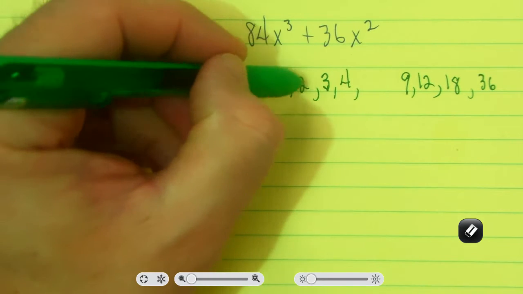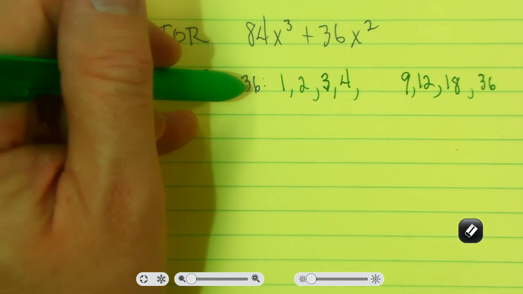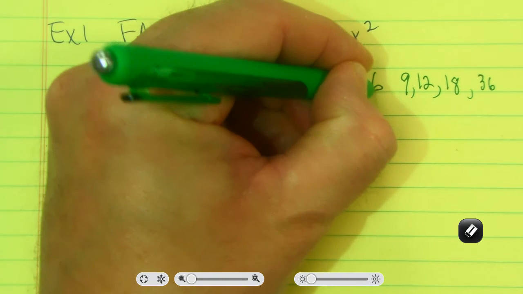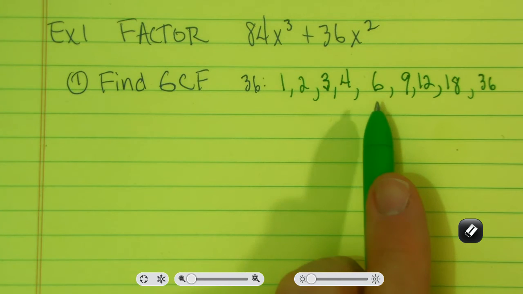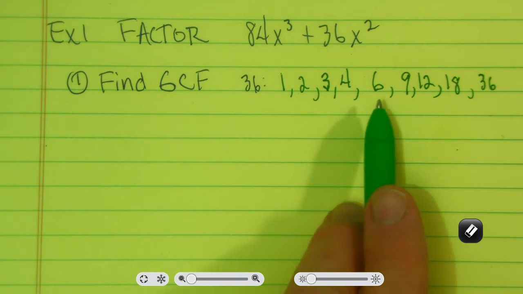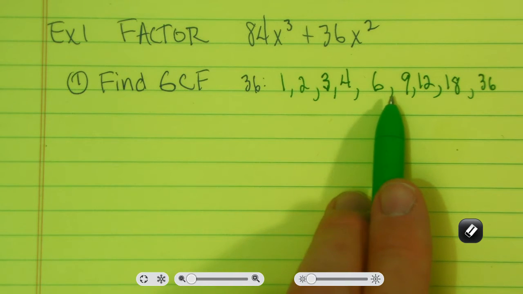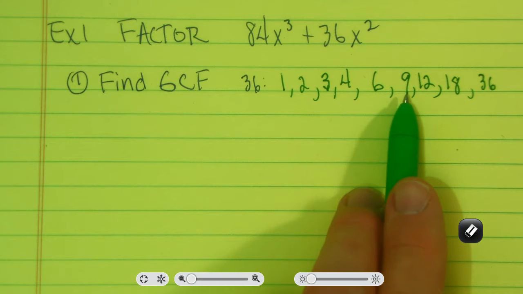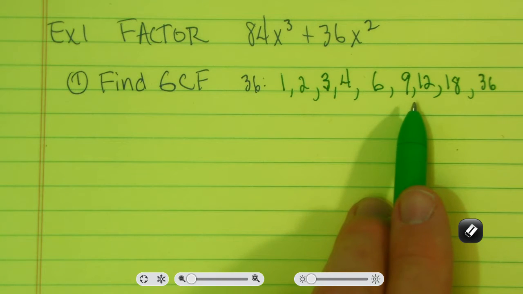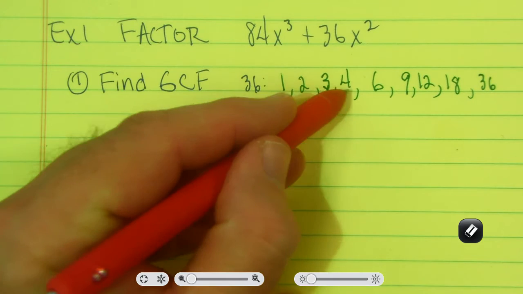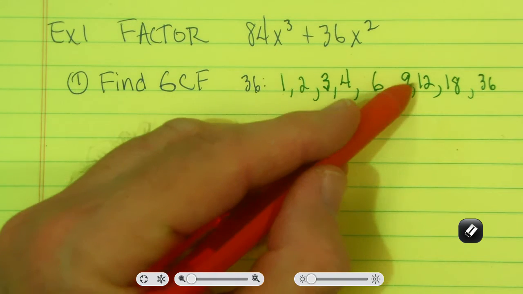And then the last one is, let's see. So I did 1, 2, 3, 4, 5. 5 won't divide into 36, will it? But 6 will. And that's 6 times 6. Now, I don't need to keep on going because I've covered everything from 1 to 6. And at 6, it was 6 times 6 that gave me 36. So the next thing will be 7. Well, we know 36 won't divide by 7 or 8, but it will divide by 9. I've already got that covered. So now what I'm looking for is which one of these factors, 1, 2, 3, 4, 6, 9, 12, 18, 36,